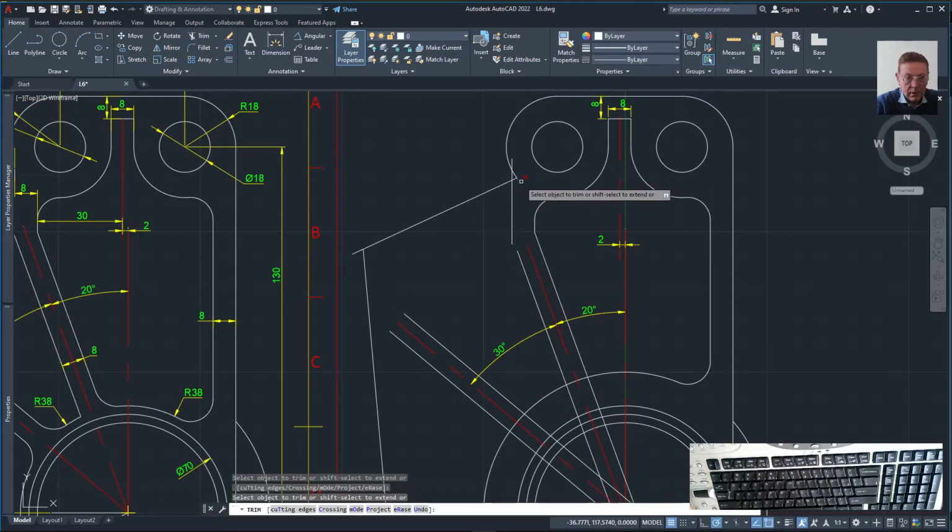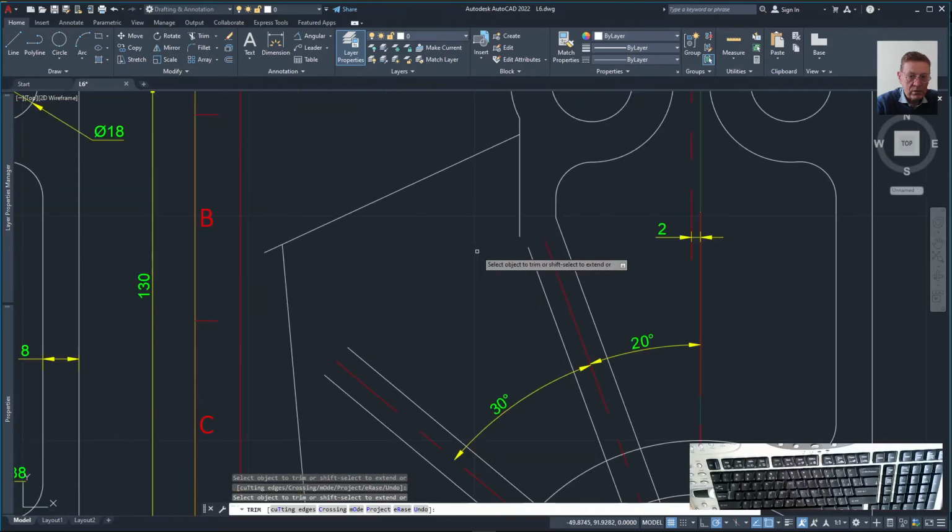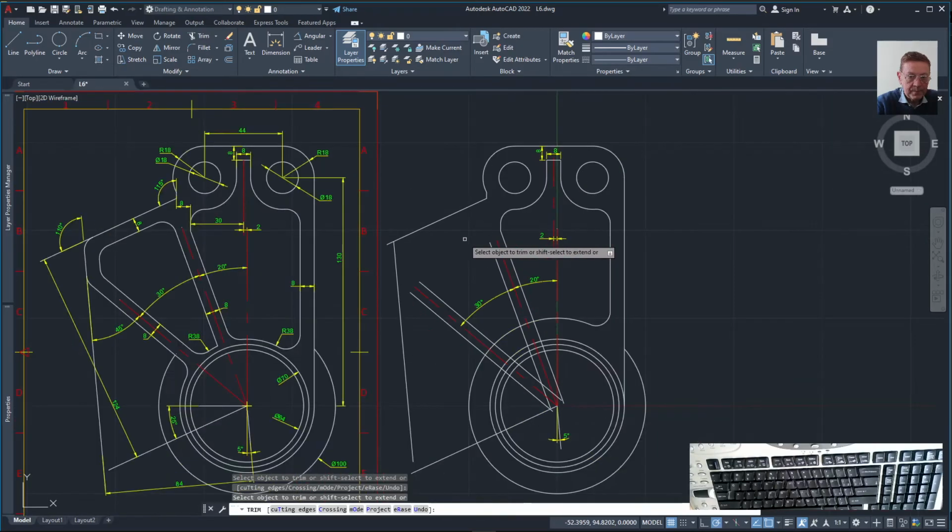Trim. Okay, and this one also. Now, some offset at distance 8, enter, here, and here is necessary to make that offset,